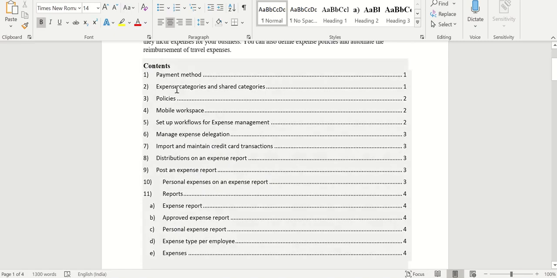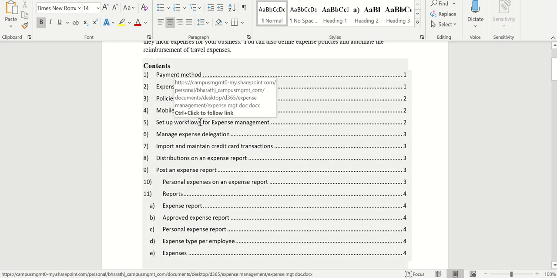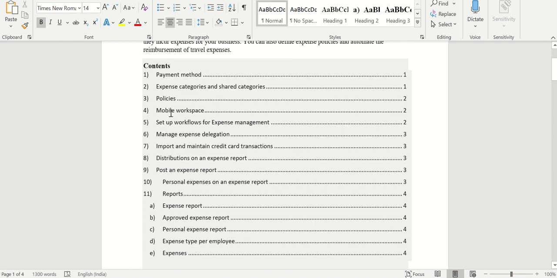So moving on, the next thing is mobile workspace. There is a pre-technical requirement for this mobile workspace, so you can check with your developer whether those requirements are met. If that option is there, all you have to do is download an app on your mobile, link the URL of D365, and everything works as it works in D365. So there's nothing much in mobile workspace to configure. You just need to ask your technical resource whether all the requirements are there, and if they are, you can go ahead and do the mobile workspace setup.